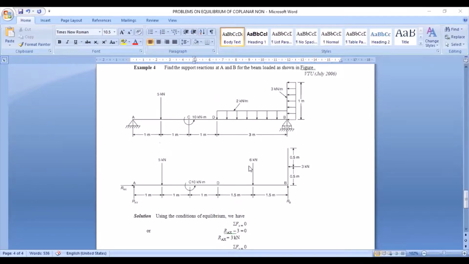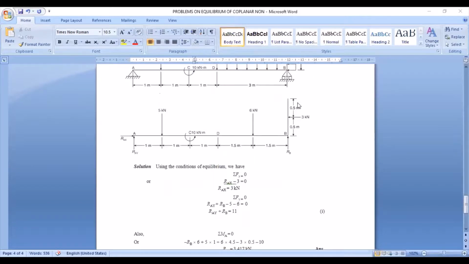Similarly, this was a vertical force because the UDL between the span DB was acting vertically downwards, whereas at point B you have a UDL which is spanning 1 meter and it is acting to the left. So again you have to calculate the area of rectangle, that is 3 into 1, which is again going to act exactly at the center of the 1 meter, which is shown here. 3 into 1 is 3, 0.5 meters on either side. So your point load will be acting leftwards because the UDL is acting leftwards.